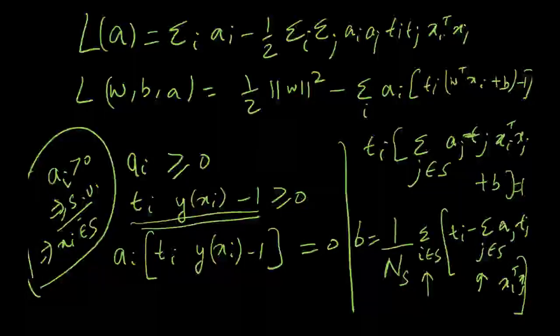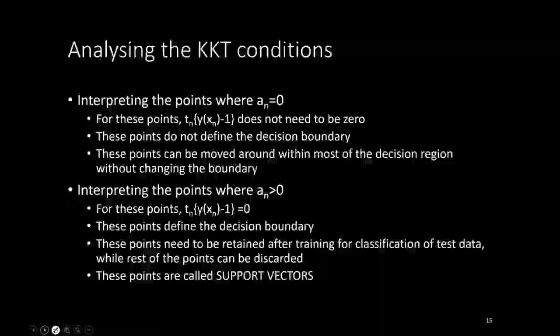Wherever you see x_i transpose x_j, you can replace it by k(x_i, x_j), and wherever you see x transpose x_j, you can replace it by k(x, x_j), right? So you can plug in any kernel. Now let's look at some example kernels. But before that, let's quickly look at the KKT conditions. These are called the Karush-Kuhn-Tucker conditions, the three conditions that I talked about.